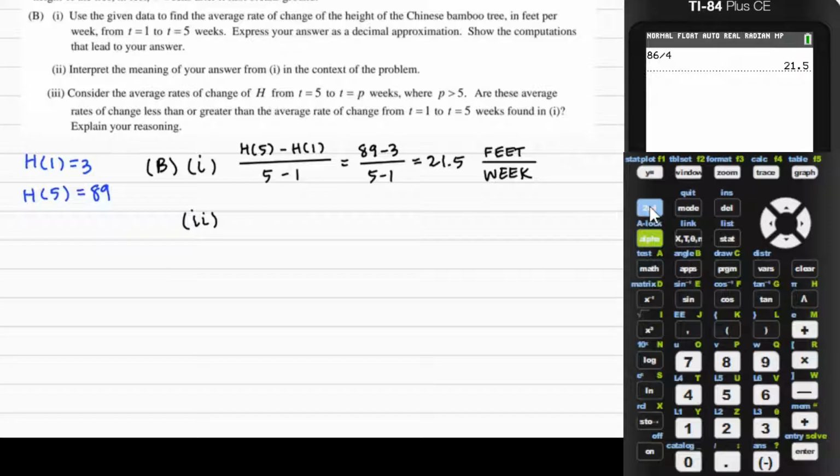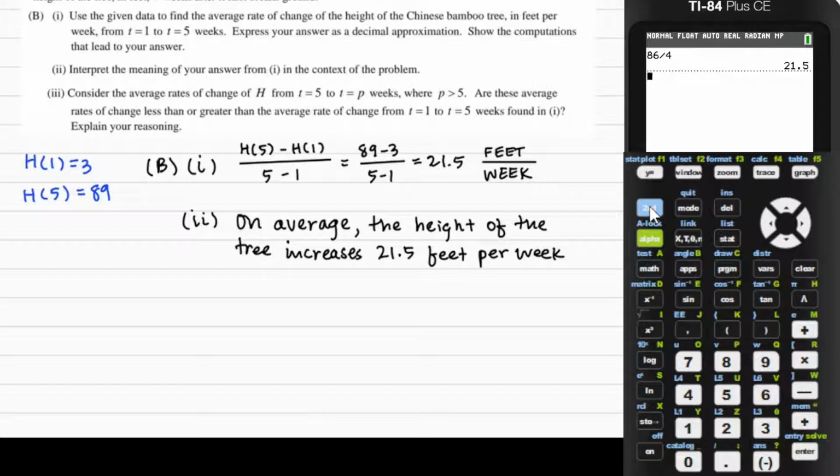of the problem. And so that's where we're going to want to use the units, feet per week, that they gave us to help guide us in the meaning. 21.5 feet per week. That sounds like, oh, that's how much the tree is growing, right? Actively growing, that rate of change. So I'm going to say, it's an average rate of change, so I'm going to start with on average. Okay, what's changing? h. The h means, in the context of the problem, the height of the tree. That's really important. And since I've got a positive rate of change, I'm going to say it's increasing by 21.5